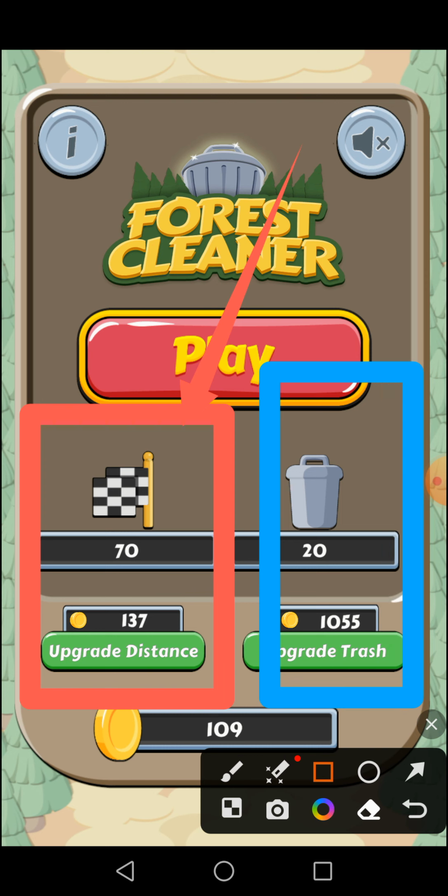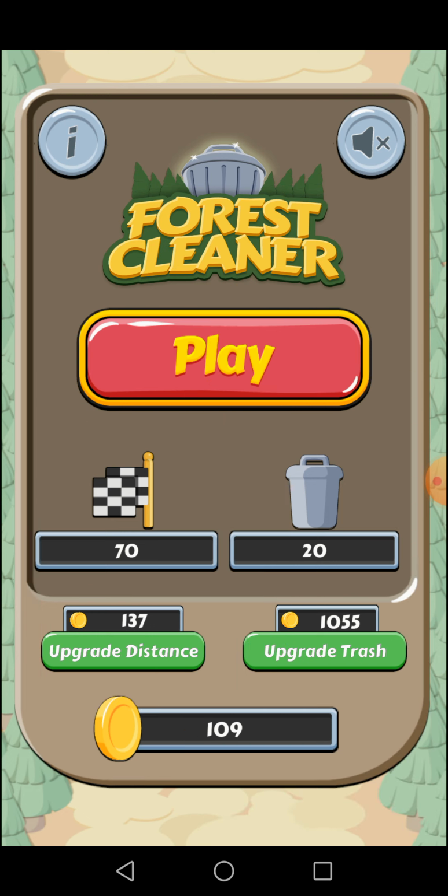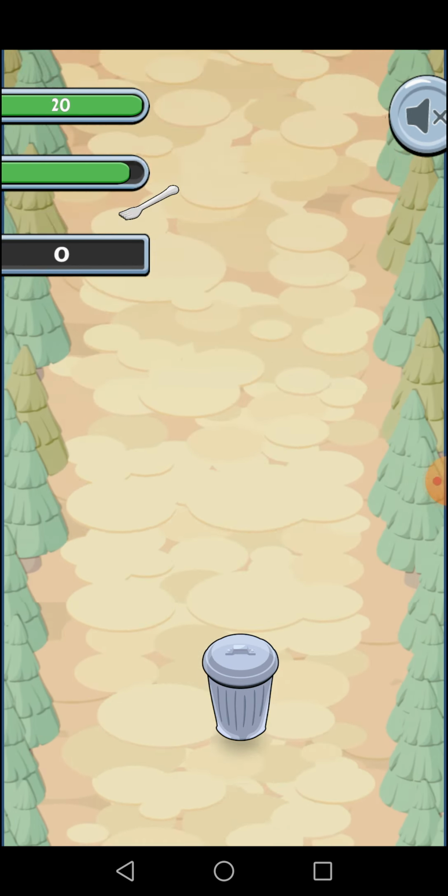upgrade trash. If you have more, you will be upgrading trash, and that means you will earn lots of coins, because many people sometimes don't understand these options, which are meters and distance, meaning the depth meters. Okay, so I will start this game and guide you a little,